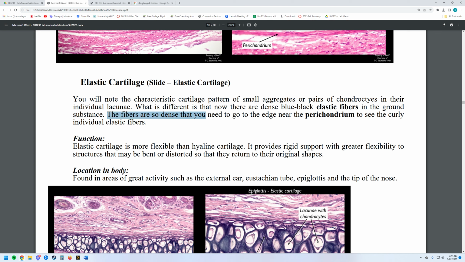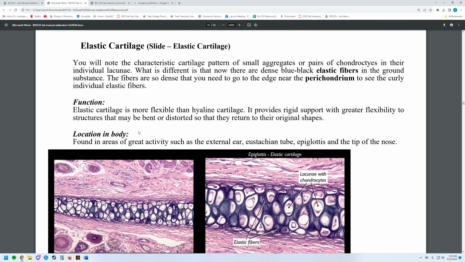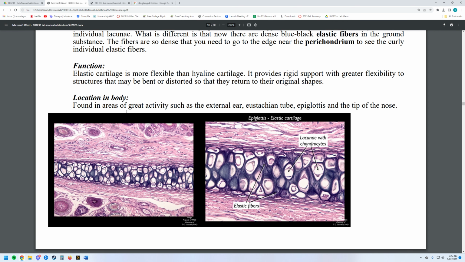The fibers are so dense that you need to go to the edge near the perichondrium to see the curly individual elastic fibers. Elastic cartilage is more flexible than hyaline cartilage. It provides rigid support with greater flexibility to structures that may be bent or distorted so that they return to their original shapes. Found in areas of great activity such as the external ear,